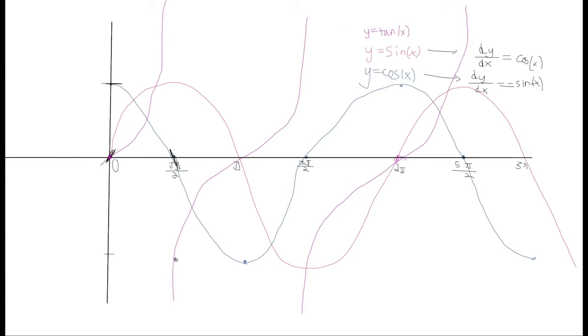Okay. Now the tangent function is going to look a little bit different, and it's not going to look anything like any of the graphs that we have on this graph already. But let's see what it looks like first. It may not look like it, but this is actually also a slope of 1. Just my drawing skills are not that great. So this graph would start at positive 1. And then we can see that it actually is approaching a really high number, right? So we can sort of make an arbitrary point over here, even though this is obviously not as high as it needs to be. We'll just put it up there